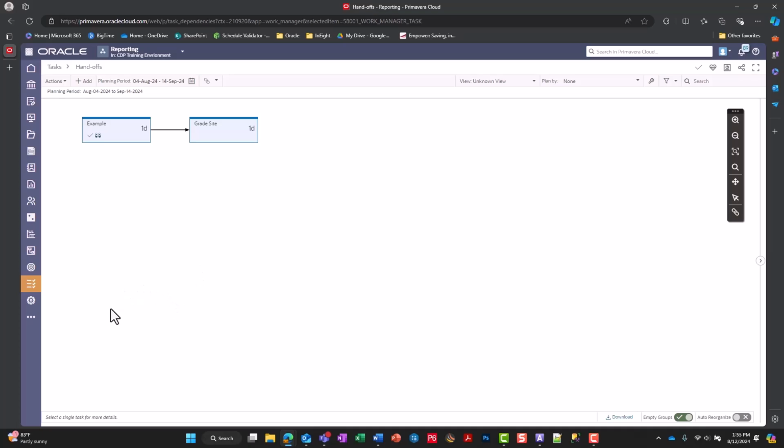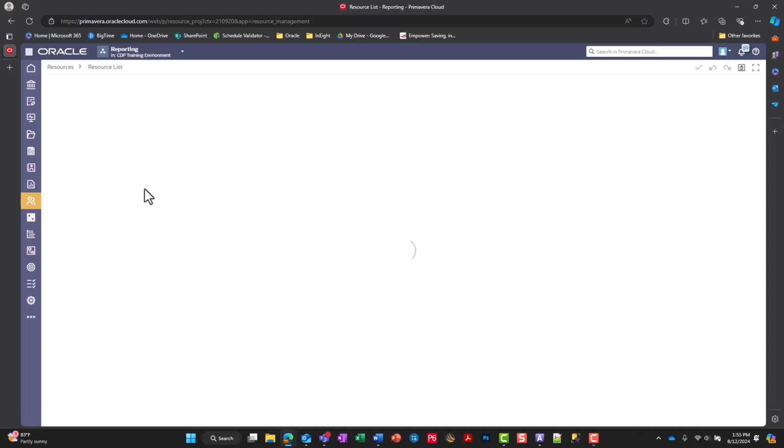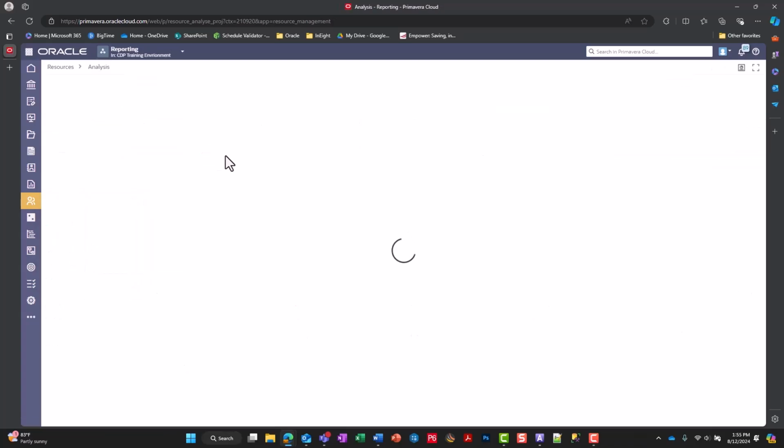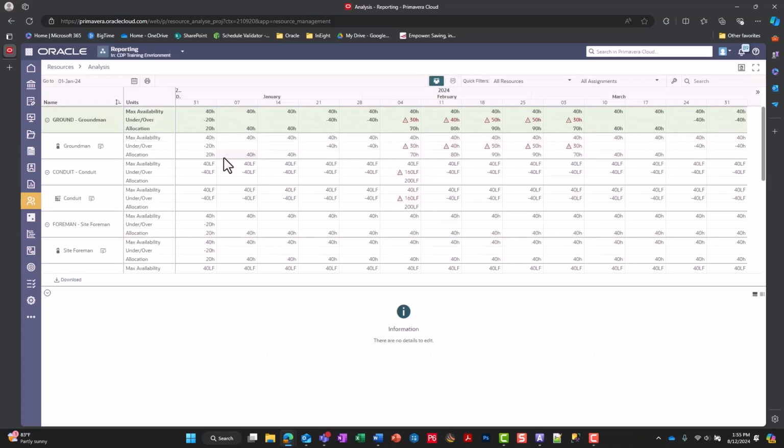But the last step in our process of building out a schedule, I want to navigate towards the Resources tab. And in our Resources tab, we have the ability to go into our resource and role lists as well as our assignments. And you can see some of our resources that have been created at this project level. And what's nice is we can even do an analysis of our resources based on the demand they're generating. The red will show our over allocation, and we can make our changes in our schedule in order to mitigate